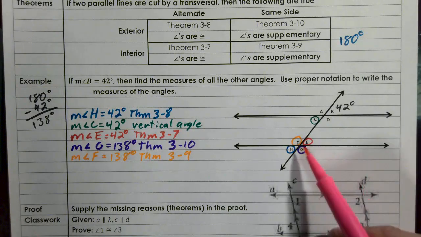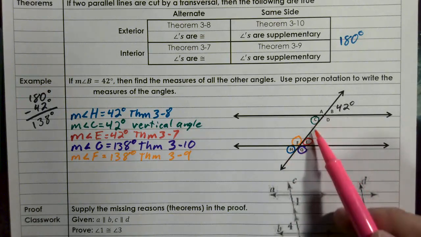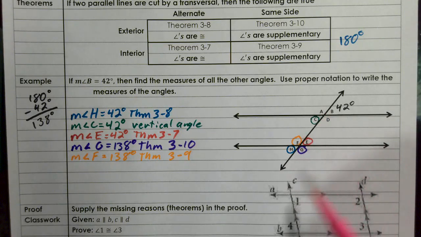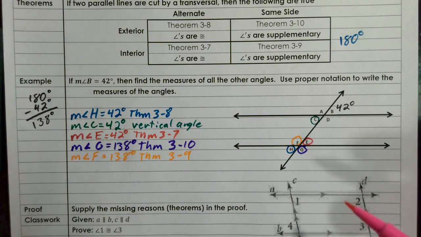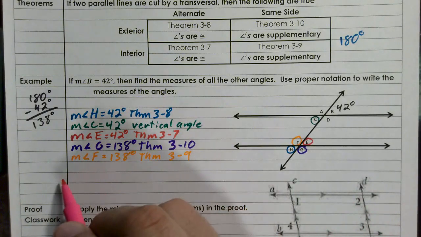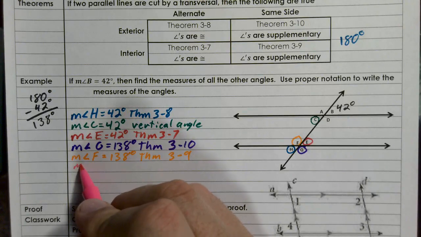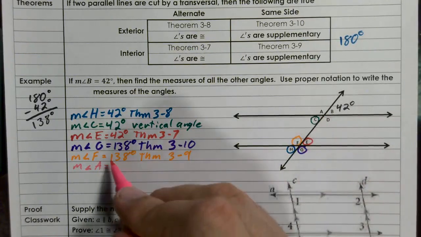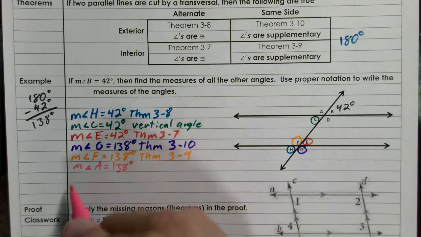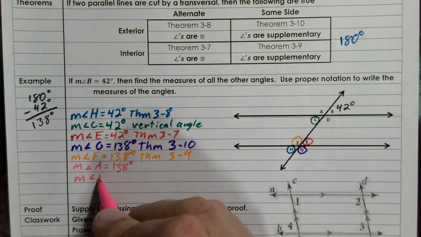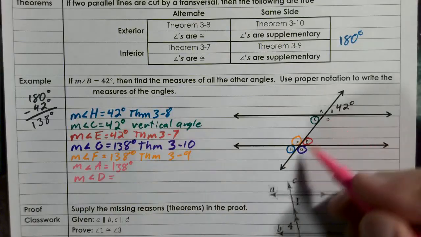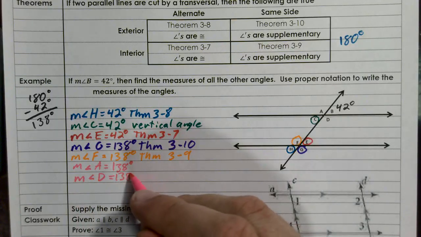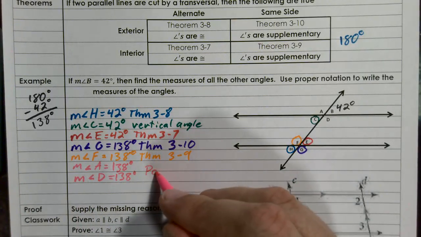Finally, if we think about corresponding angles, I've marked the angles we found so far. We can say G and D have got to be the same, and F and A have got to be the same since they're the same corresponding parts. So the measure of angle A has got to be the same as F, which is 138 degrees, and the measure of angle D has got to be the same as G, which is also 138 degrees. We can do that using postulate